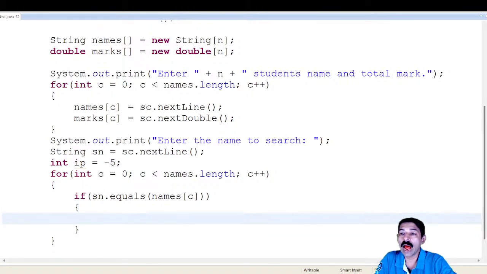Yes, it is IP is equal to C. Why IP is equal to C? Because I have taken the flag as IP. Be attentive in the class so that you will not commit this kind of mistake. Obviously you will make this kind of mistake in your exam also, so be careful about it. Now IP is equal to C. After that,